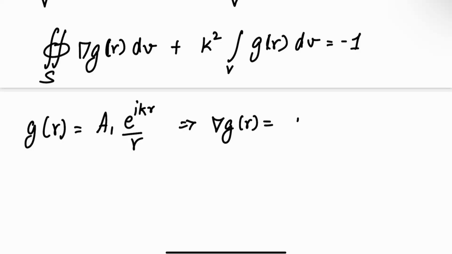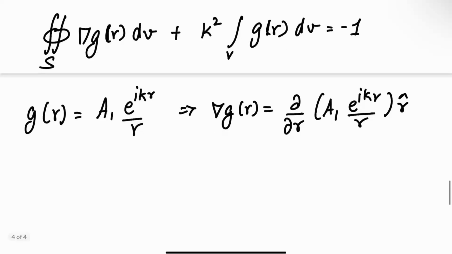And that would only have one term. Because there's no variation in theta and phi, it's just A1 e to the ikr over R times R hat. Okay? So let's assume S, the surface S, is a sphere of radius